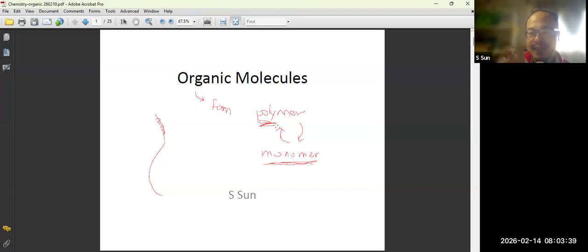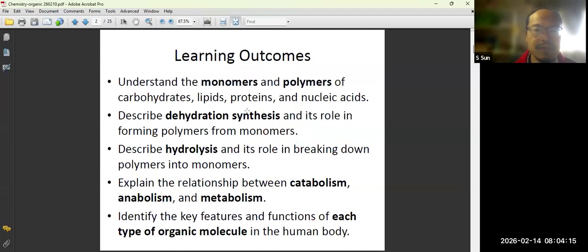We're going to talk about these relationships in the four compounds. Protein, we're going to talk about their polymer and breakdown into monomer. Lipid, the same. Carbohydrates, the same. And nucleic acid, the same thing: polymer and then breakdown into the monomer. What you will need to learn is their monomer and their polymer, and then also this reaction process. So that's the learning objective or learning outcome: understanding the monomer and the polymers of